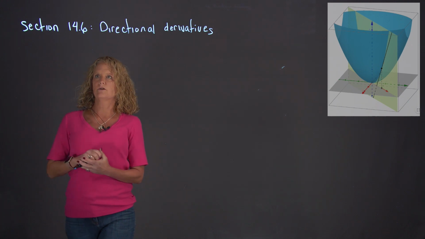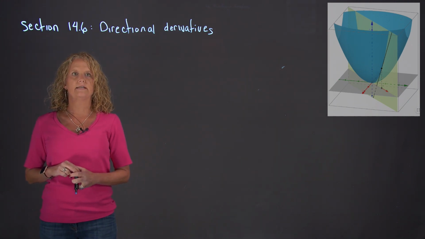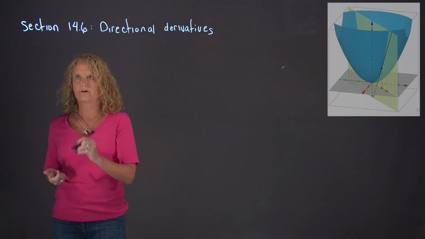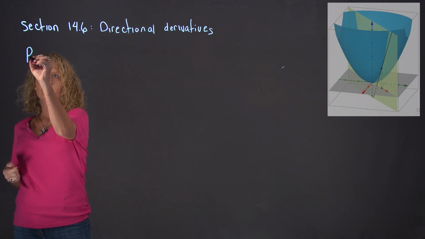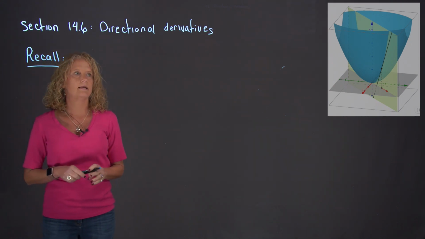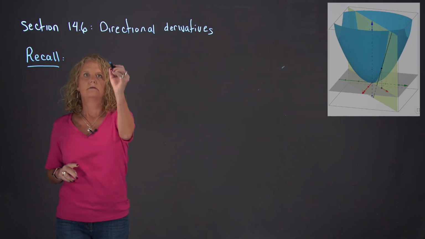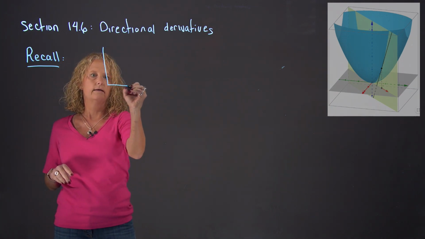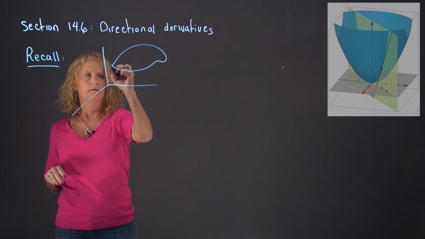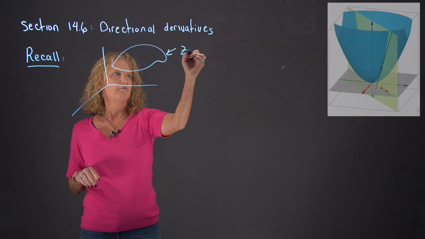All right, so what we're going to learn today is how to find the rate of change of the surface in any direction desired. So I want to take a brief moment to recall what we did in a previous section. So we had a surface in space, z equals f of x, y,